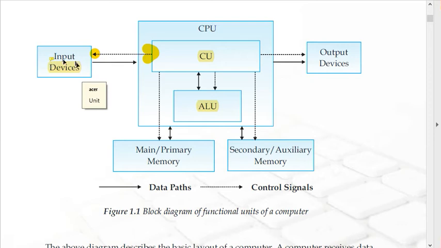Now see, what does this actually mean? Suppose I have given two numbers, 2 and 3, to the input block. First of all the computer will convert this 2 as well as 3 into zeros and ones. So binary conversion will be done. Just imagine that the two numbers in terms of 0 and 1s are 0010 and 0011. Don't bother about the conversion, I will tell you, but roughly just imagine that the computer understands only binary language or machine language, these two are the same. Apart from this, the computer cannot understand any other language.